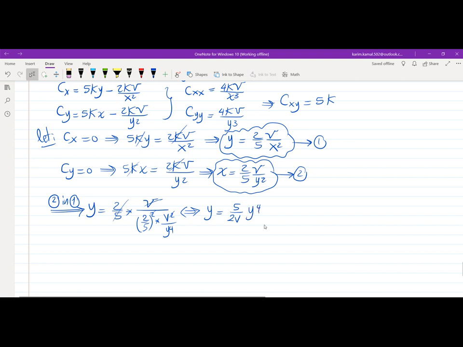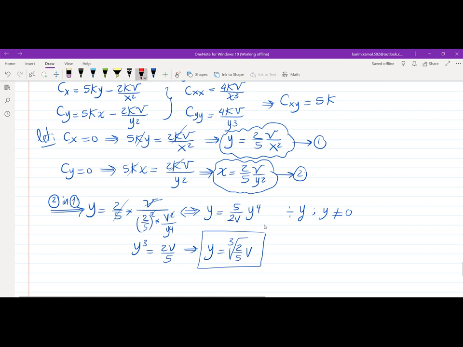Since we already know that y can't equal 0, it's the dimension of the equation, then y cubed equals 2v over 5 by making cross multiplication. Then y equals the cubic root of 2v over 5, and this is the first part of the coordinate of the critical point. We can plug it again into equation number 2